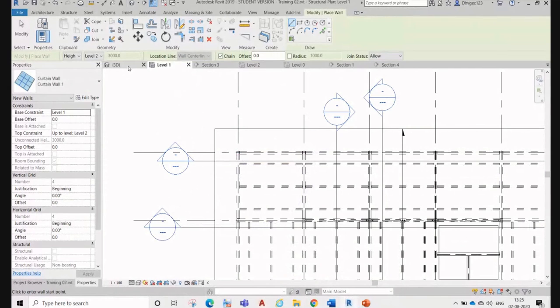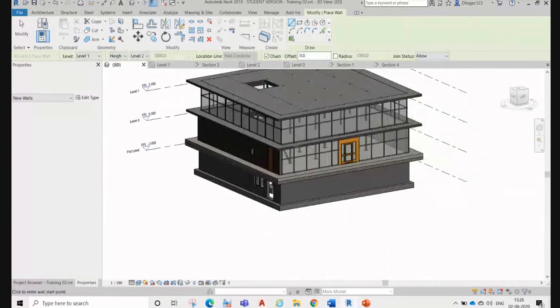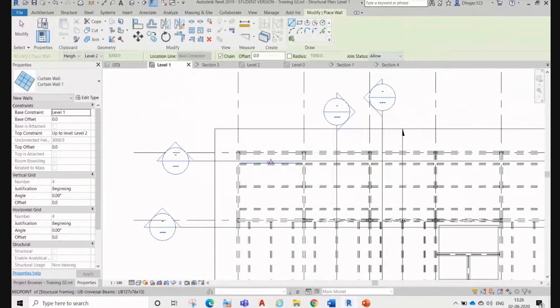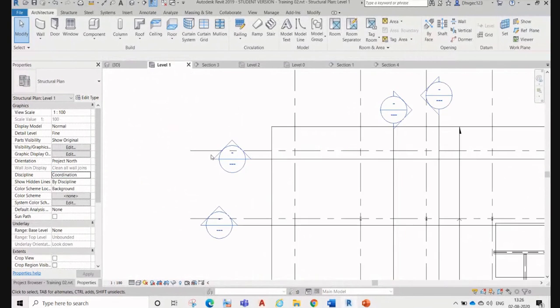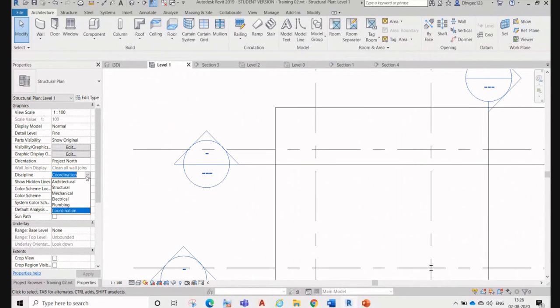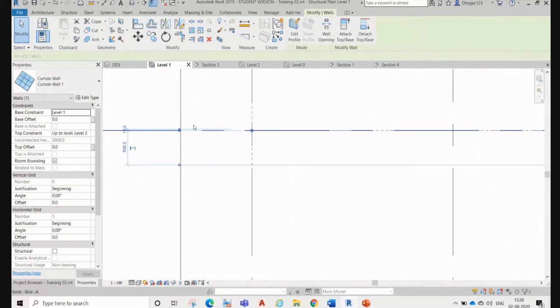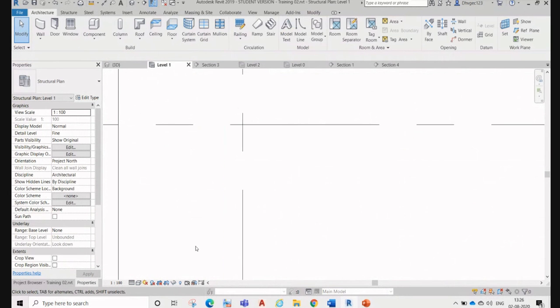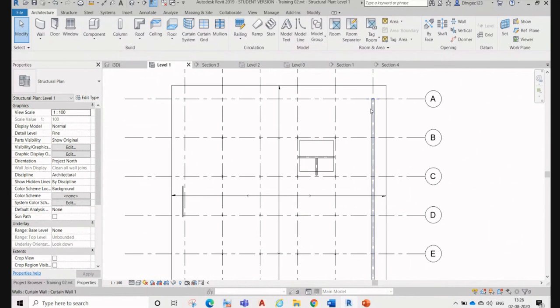Alright, so here we'll go in 3D and we'll see. This is a curtain. Why can we not see it over here? Because this is structural. If we go to the architectural one, then you can see the architectural curtain wall over here.